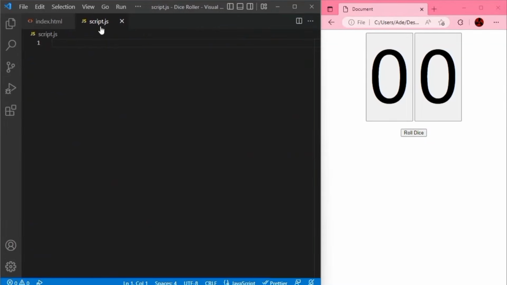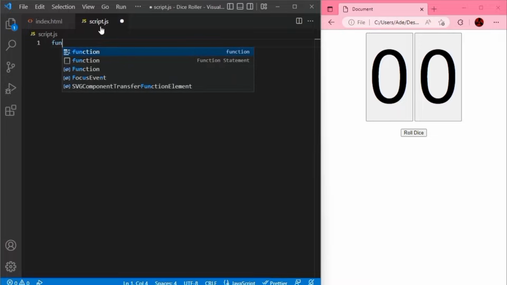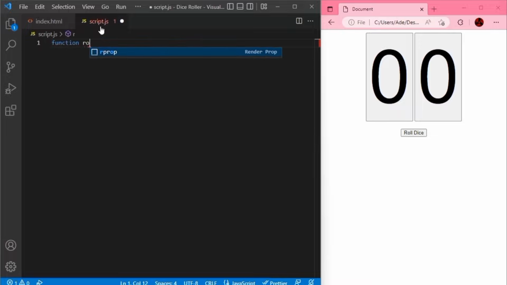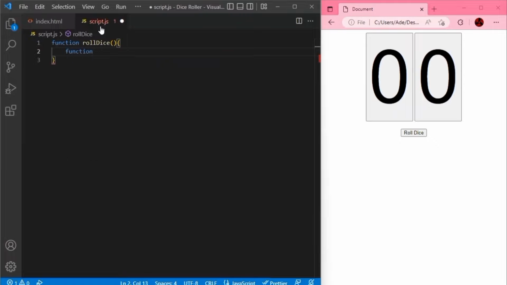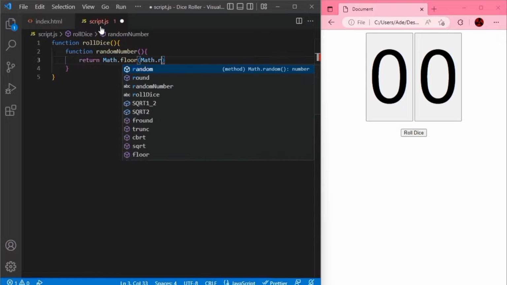So now I'm going to create the roll dice function, which my roll dice button is supposed to call. Now I'm going to create another function, and I'm going to call this function the random number function. The reason why I'm creating this function is because of the kind of project we're working on. This function is going to generate different random numbers for us, and I will show you how it's going to work. So I'm going to ask this function to return something whenever it is called. So return Math.floor